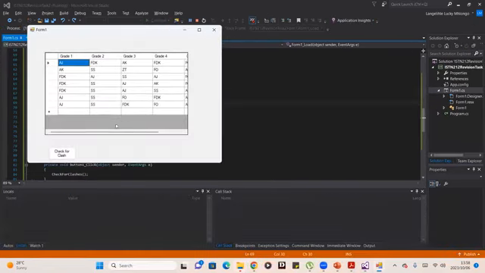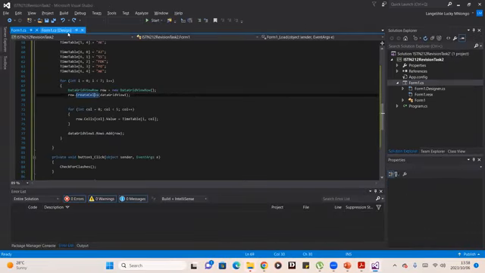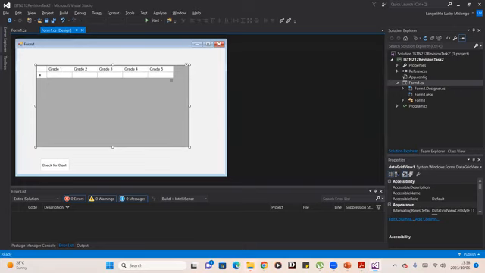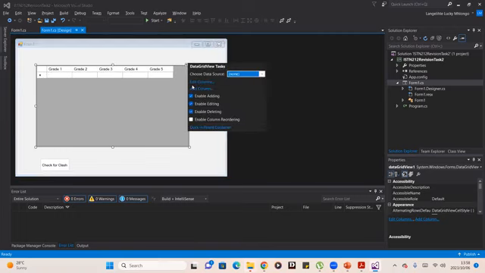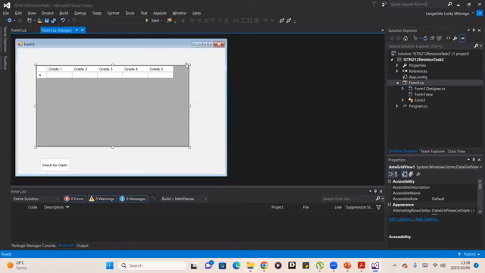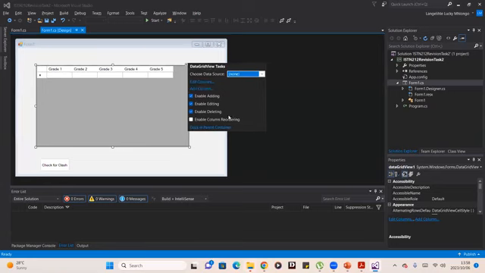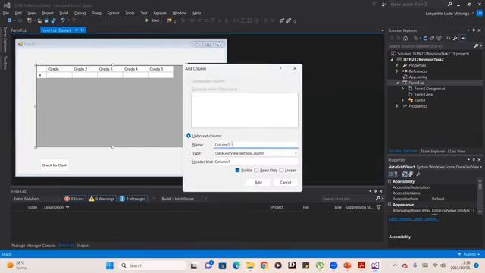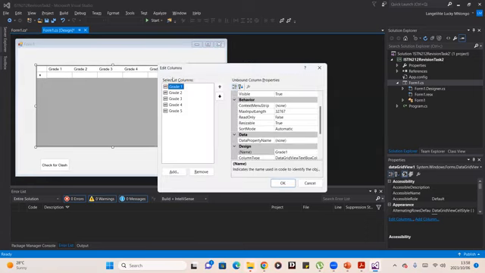So now it's showing, right? Because as I was saying earlier, this data grid view was empty. It didn't have the columns, so I just had to manually add the columns. I had to click this button here at the top right, and once I click it, this menu will appear. And then I added the columns. So make sure that the naming here is together, and then you can leave spaces if you want to for the header text. And then once you've added all the 5 columns, as you can see, there's the 5